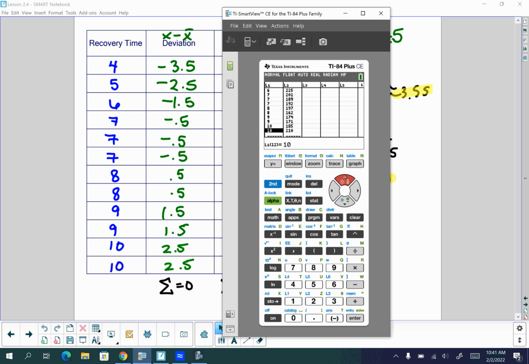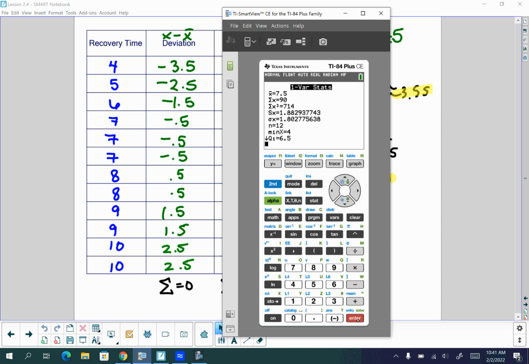Good? Okay, now once you've got the data in there, you're going to hit Stat, go over to where it says Calc, and then we're just going to select option number 1, 1-Var Stats. So if you just have a single column of data, you're going to use this. It should already be set to use list L1. Does everybody have list L1 there? Okay, and then just hit enter